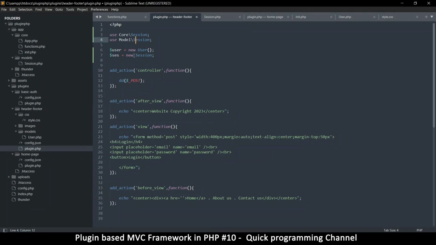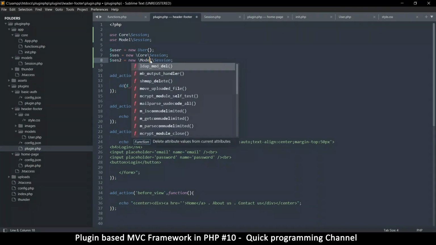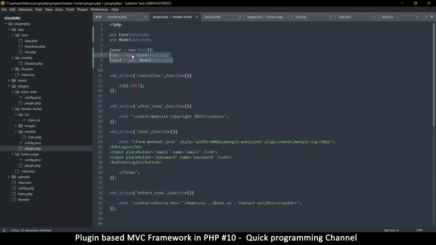That's why it would be better to just do it directly from here and say core and then slash session like that. Then you can also instantiate a different version of session 2, which is inside model.session. So this would work just fine, because here you are still specifying exactly which of these classes you're instantiating in each instance. But you find that in frameworks they do this instead, where you see that, but it works